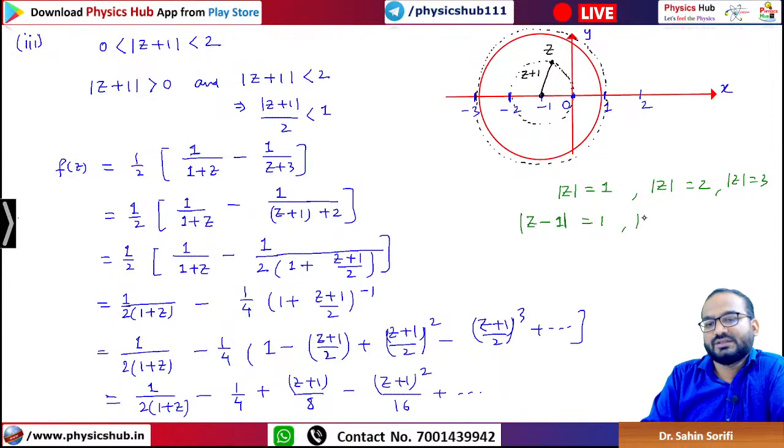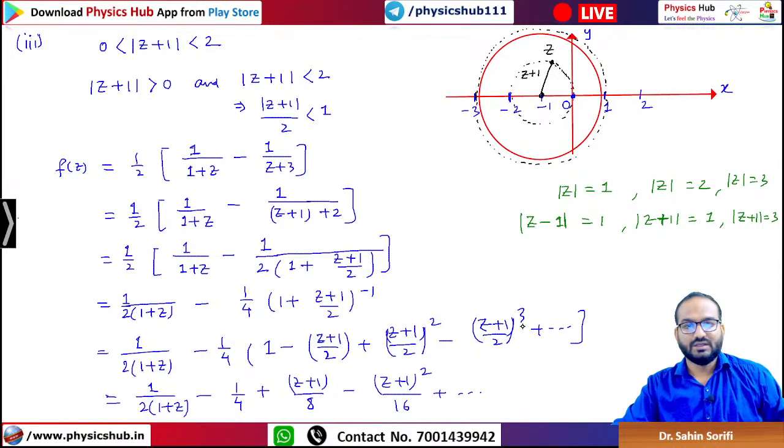equals 1. Mod of z plus 1 equals 1: a unit circle having its center at z equals minus 1. Mod of z plus 1 equals 3: this is a circle situated at z equals minus 1 having radius 3 units. This one is clear? If this one is clear, I think everything will be all clear. Easy? Okay, so the last one,